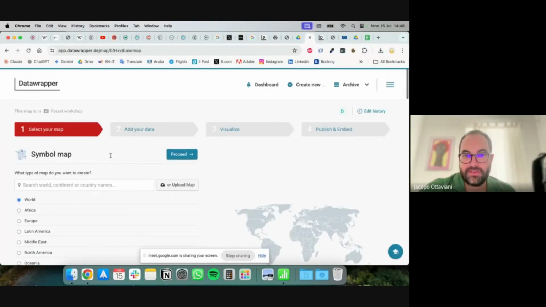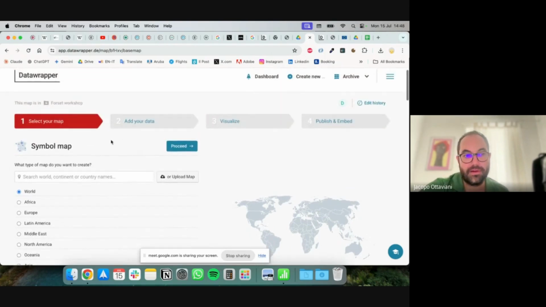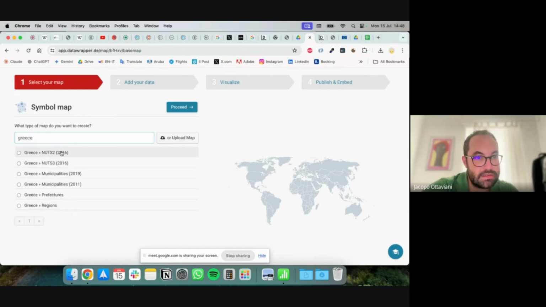It's the same interface of a Choropleth map. The only difference here is that you're not going to color the regions or the countries. You're going to put dots or points, markers on the map. So maybe we can take Greece